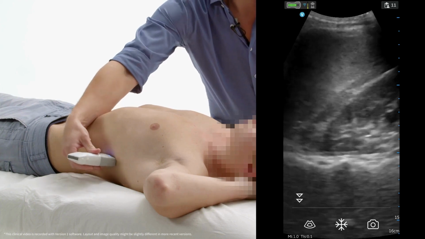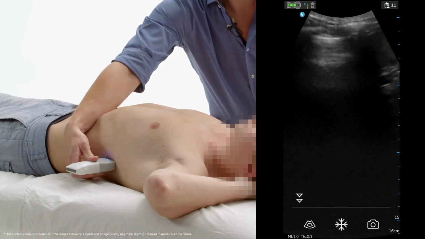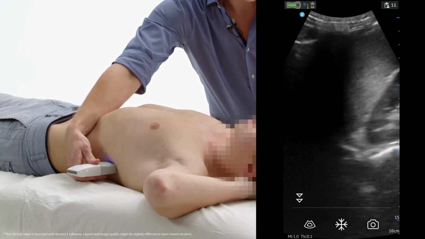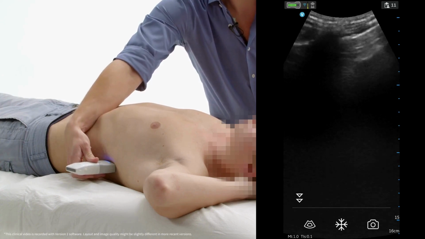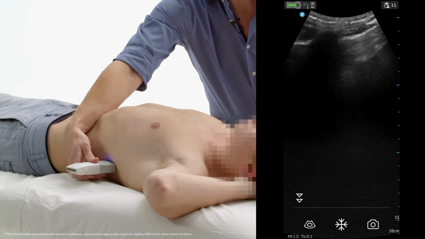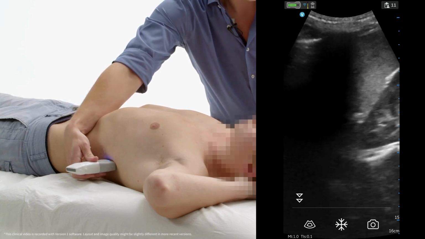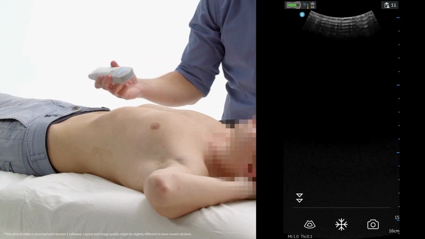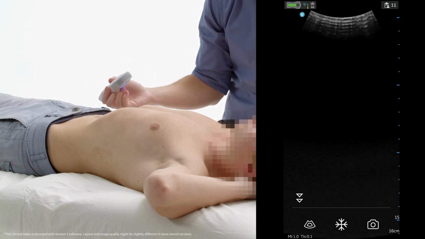And again, we're going to slide up a few centimeters so we can see the diaphragm. And when the patient inhales, we can see the curtain coming over our screen. Very nicely seen here. And for the third view, we are going to point the marker to the patient's right,